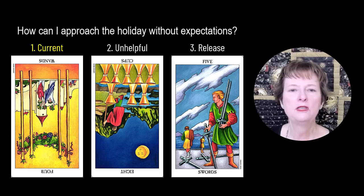Another expectation that Claudia was holding on to was feeling invisible, particularly related to her son's wives and girlfriends. This was a self-fulfilling prophecy because it made her hesitant to say anything for fear of being belittled or criticized. This led us to a discussion about how the reversed Four of Wands can refer to balance and harmony within herself. We talked about what she could do to make the celebration meaningful to her personally without seeking external validation